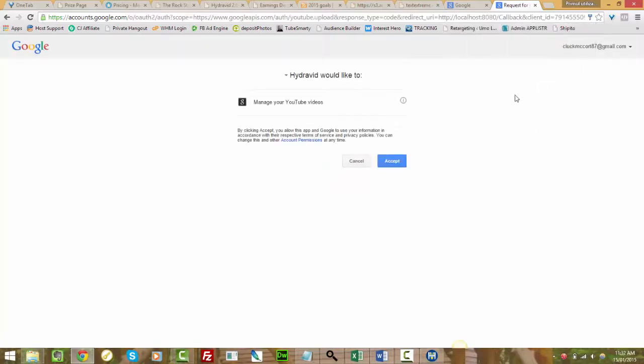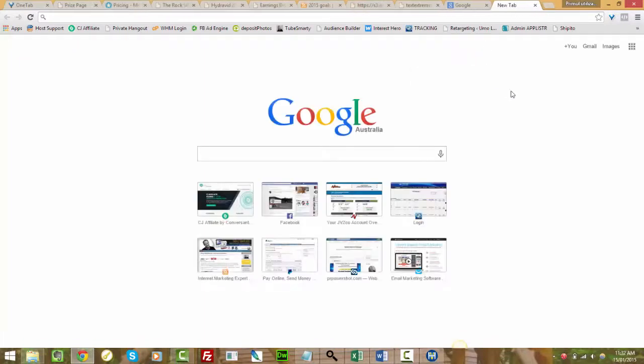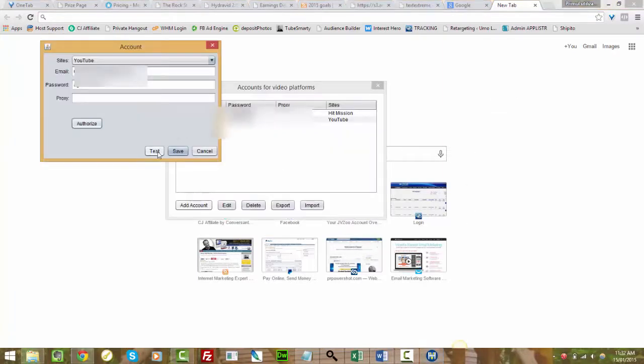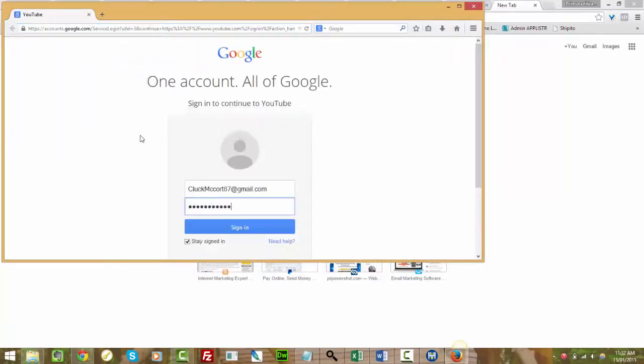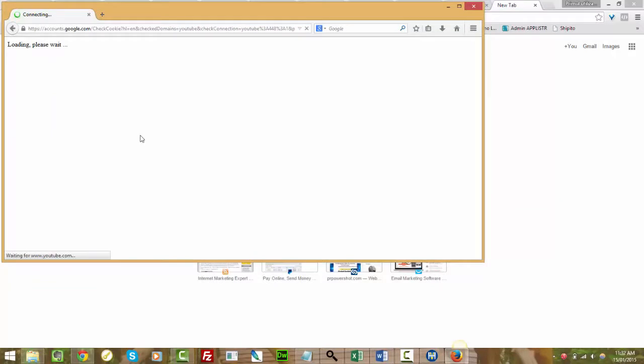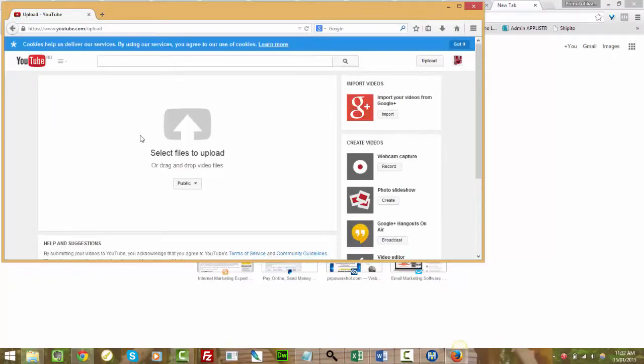So again, we get the option to manage the YouTube videos. I'm going to click on Accept. And again, I can see that the verification has been received and I can close that window. Terrific. Now, each time you add an individual account for YouTube specifically, you're going to need to perform that process. So again, I've added a second. I'm going to test. And that has now been done, and I'll get my success message